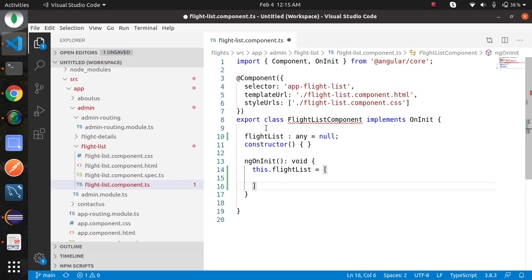Let's create an array of objects for flight list. Provide name, source, destination and running status of the flight. Let's add the content. Name, here I am taking name of the flight Air India.